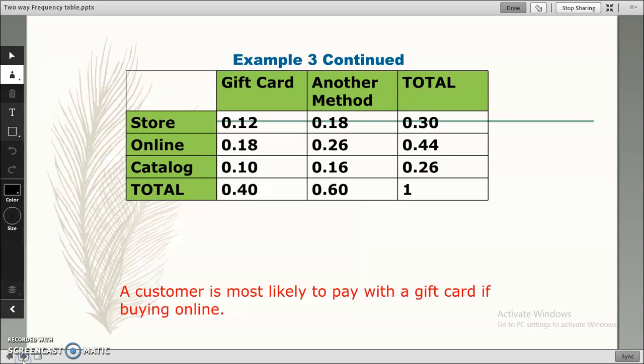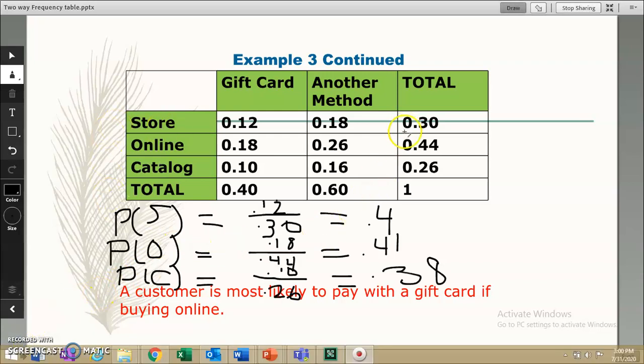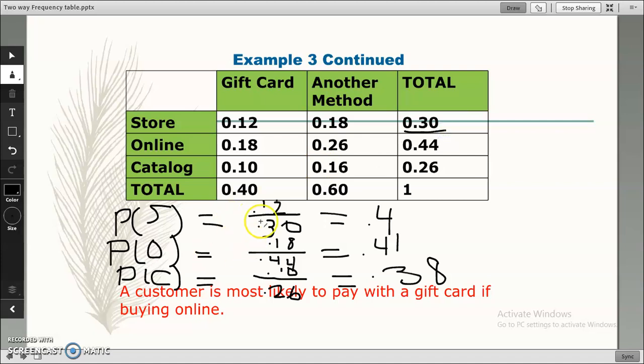I'm not going to do it this time. I'm going to go ahead and pull it up for us. And so here is what we would get when we divide those things. Everything totals to 1. It tells us the answer already. I don't know why it does that. But we can go ahead and calculate to see. So remember, it is the joint relative frequency divided by the marginal relative frequency. And because I'm running out of time, it's my joint, which is 0.12, divided by my marginal, which is 0.3. That's 0.4. 0.41, 0.38, so they are right. You're more likely to pay